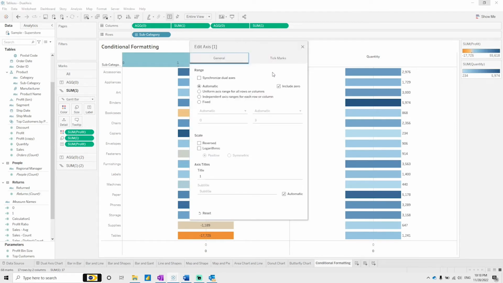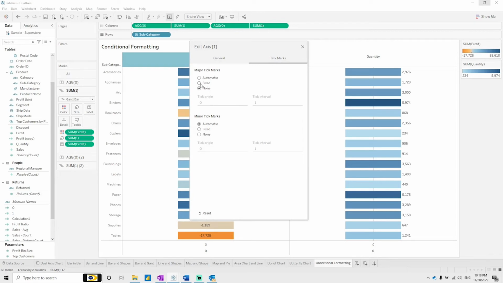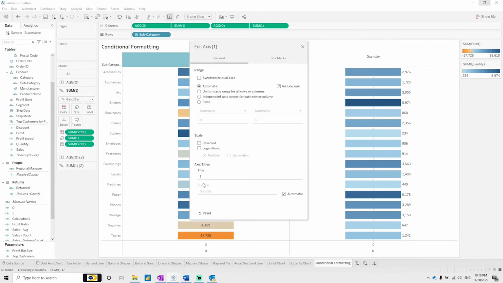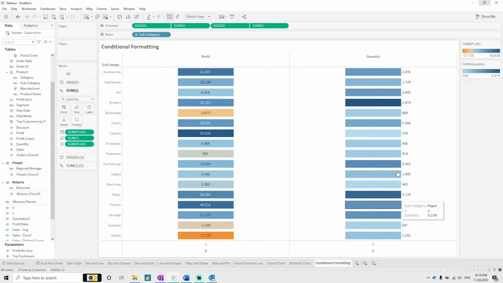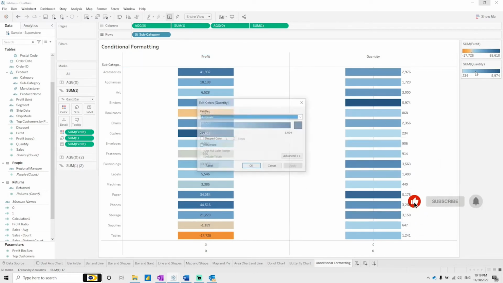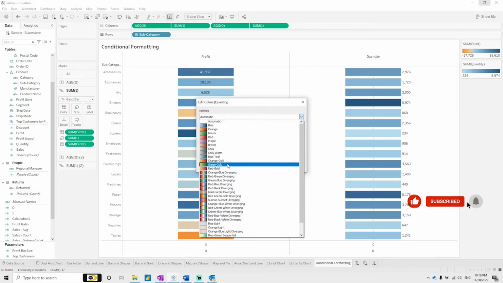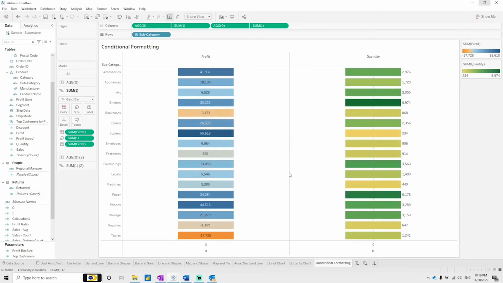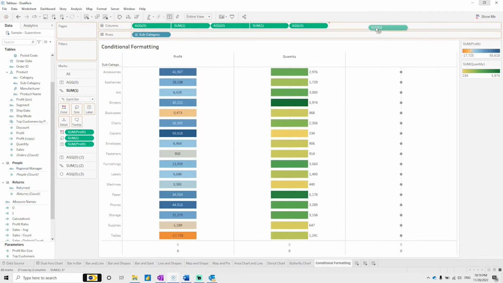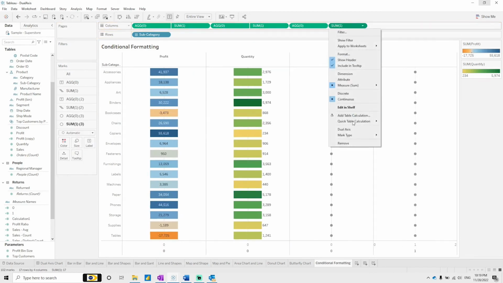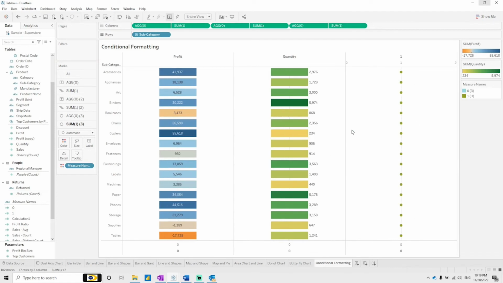Go to the axis, remove the line, and give the title name as profit. And both of these are defining the quantity. So this is defining the quantity, and this layout is defining the profit. And there is one more section here. Again make it the dual axis,